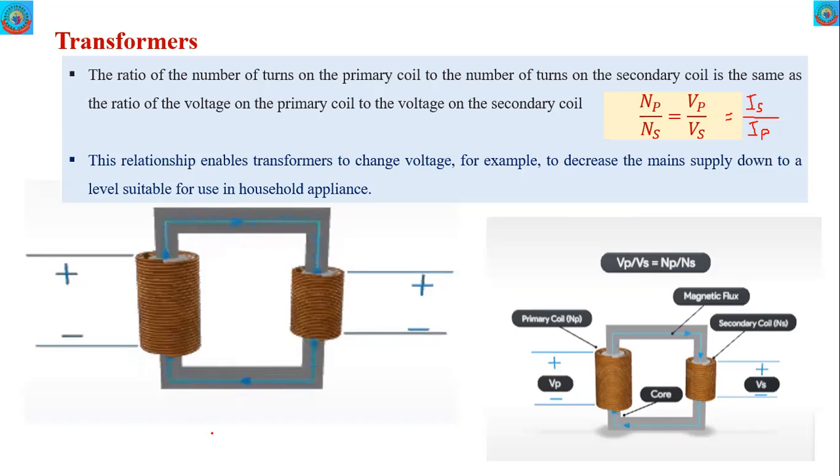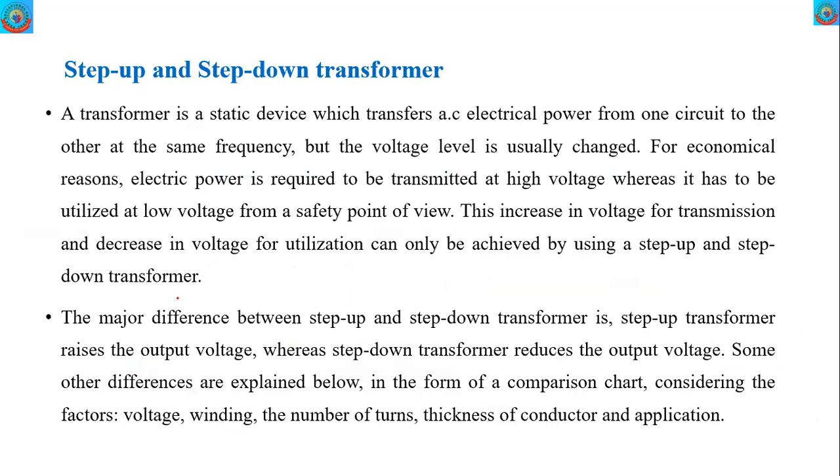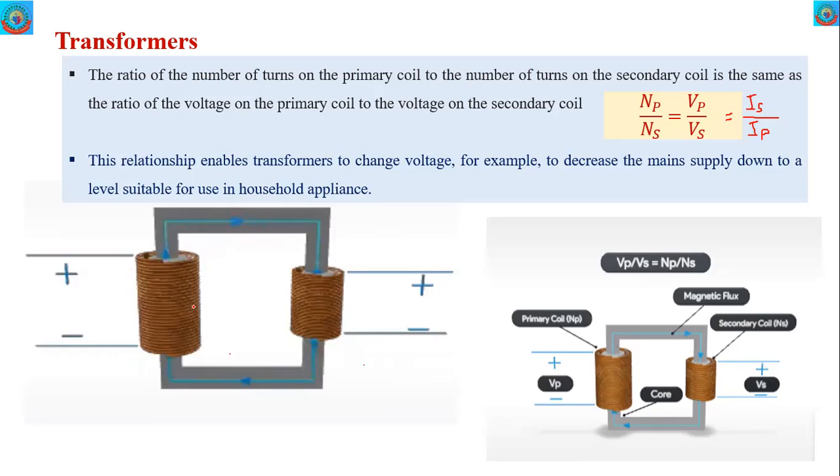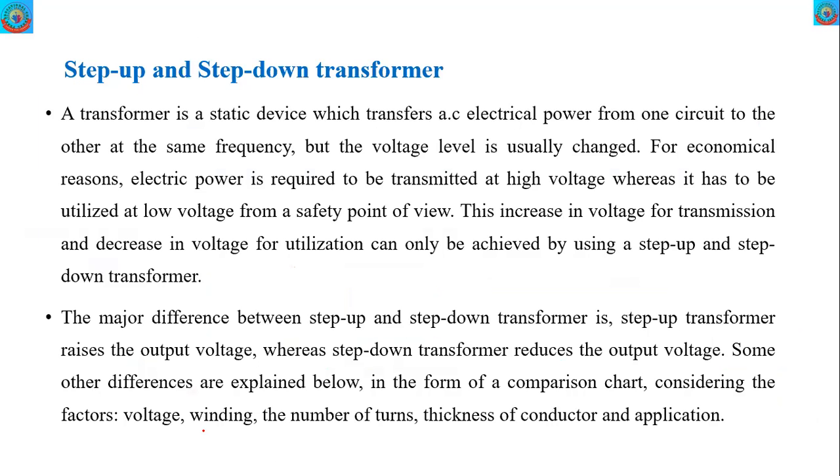Look, this is an animation. Let me show you. Look, it is the magnetic field. This is the animation of the flow of magnetic field, constantly flowing. Step up and step down transformer, we say, divides transformers into two kinds. First, a transformer